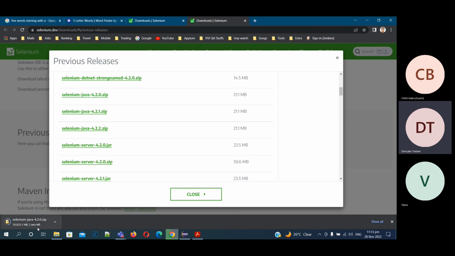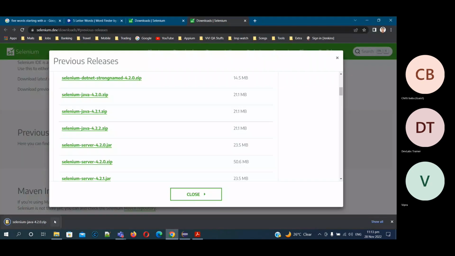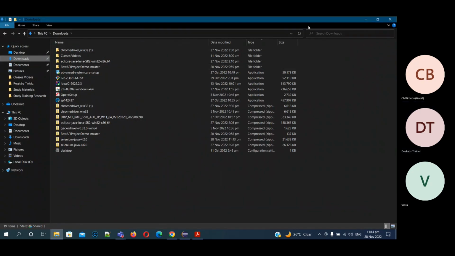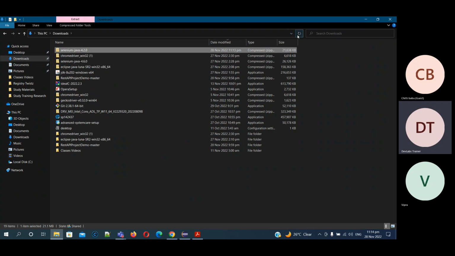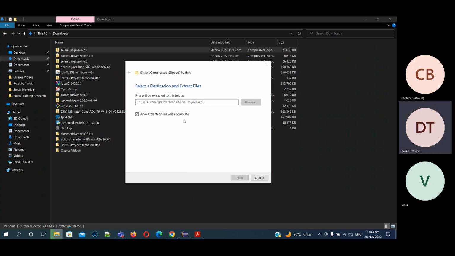I'm clicking here. So it has started downloading. You can see here it's downloaded, show in folder. Still downloading. Downloads. You can see that this zip file is downloaded over here. And then I will do right click and extract. Extract all. So once I did that,